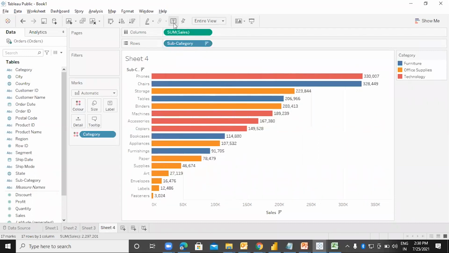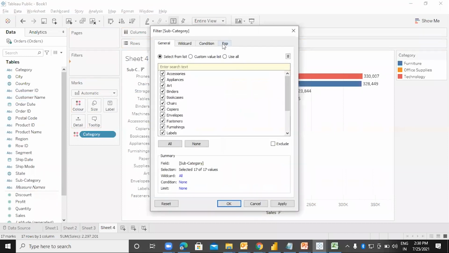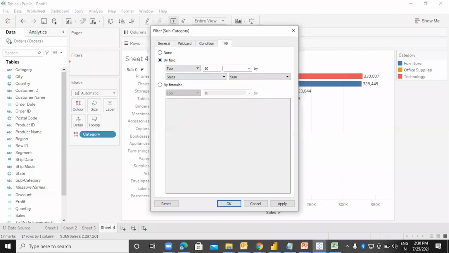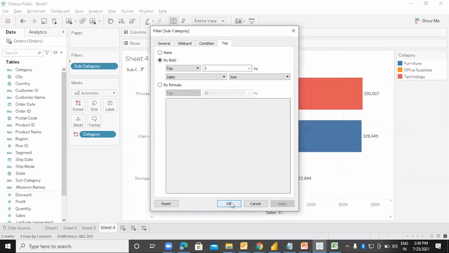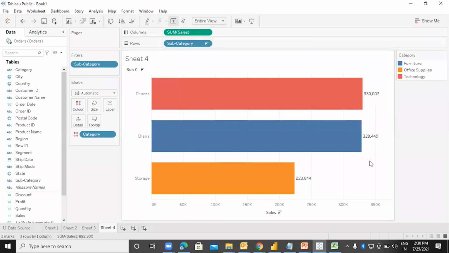Now supposedly I need to display the top three subcategories. So how can we do that? Again, we will be using the filter over here, subcategory. I will go to the top by field. I want top three on the basis of sum of sales. Say apply and okay. I am getting the top three.